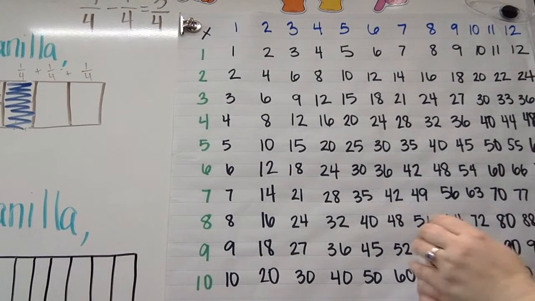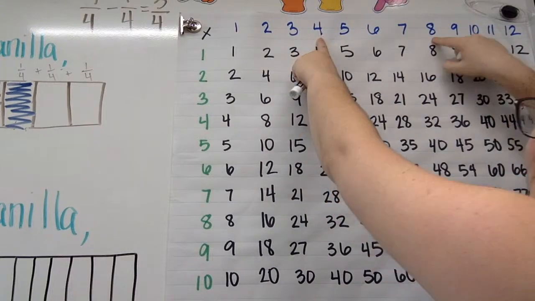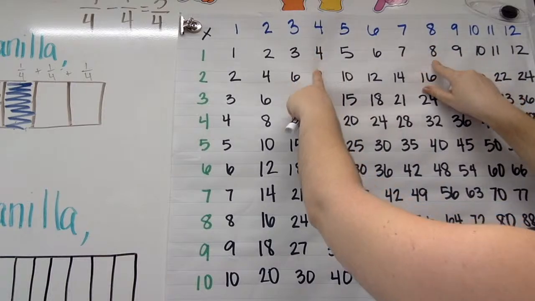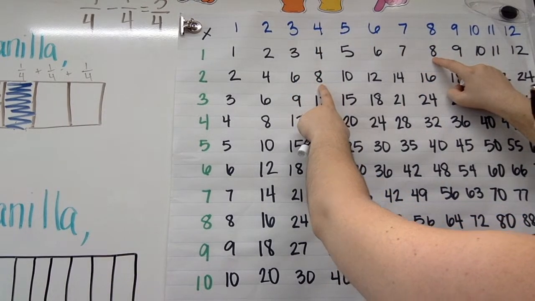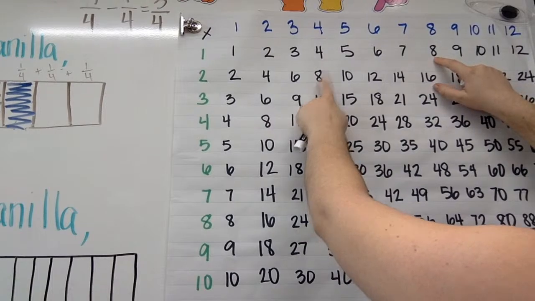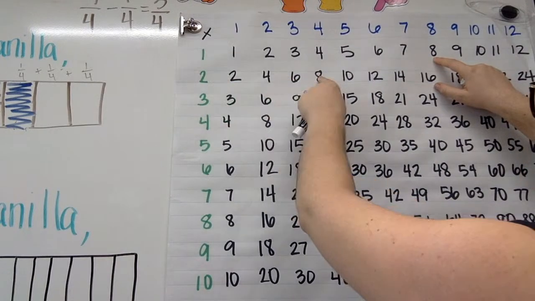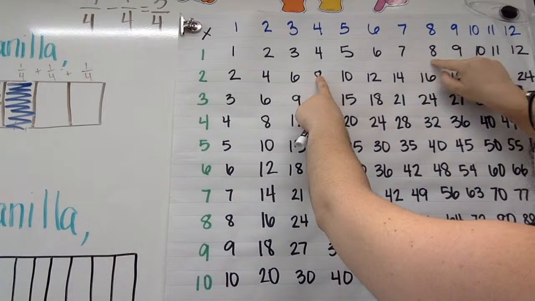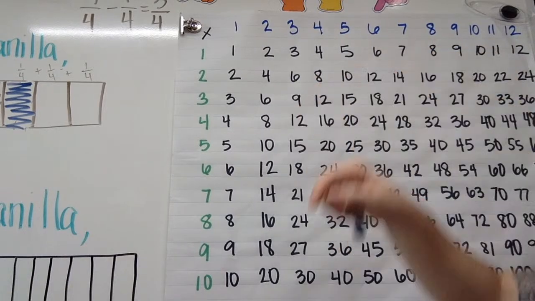Okay, take a look. If we look at our multiplication chart, we've got our 4 and we've got our 8. Tell me when to stop when you see a match. Oh, stop. There we go. We got a match. We got a match, kids. So that means I need to multiply my 4 by 2 so that I can get to 8. I don't need to do anything with my 1/8 because it already has the 8. Okay? So when I multiply